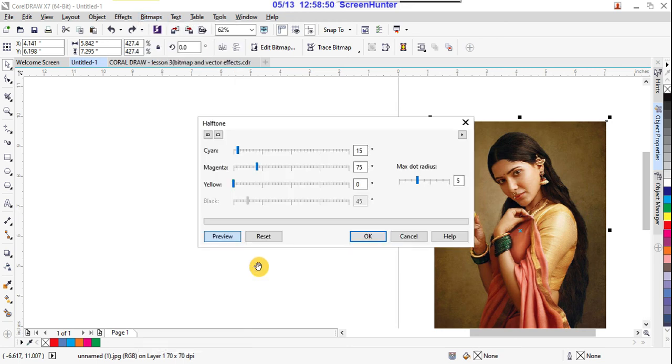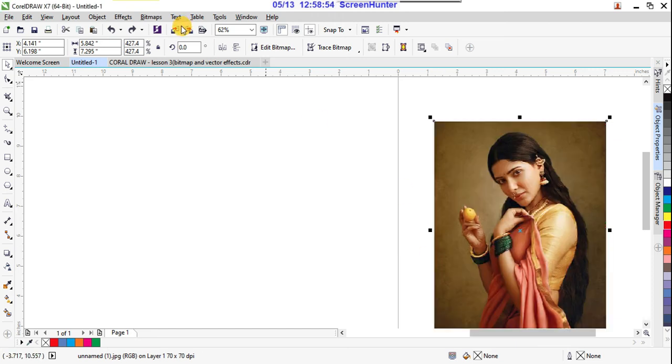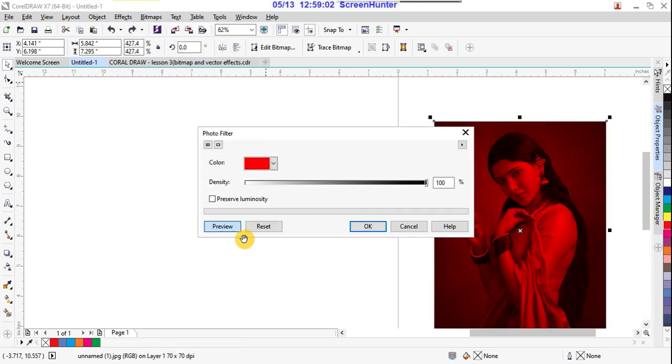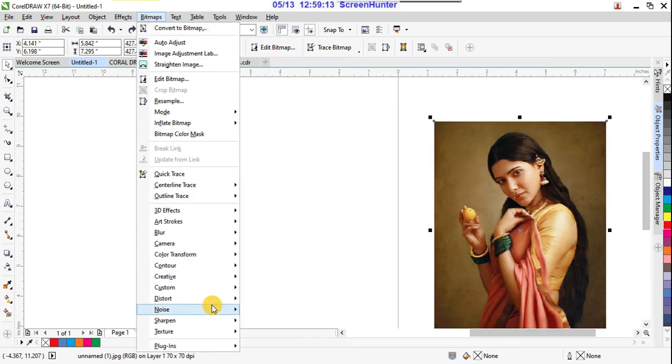This is halftone, see, this is right. If you adjust them, you will get all the information. Diffuse, the photo filter, suppose, yeah, the filters. So whichever filter you want, you can add on that, right? Say cancel. So these are the options. This looks like Photoshop, right?